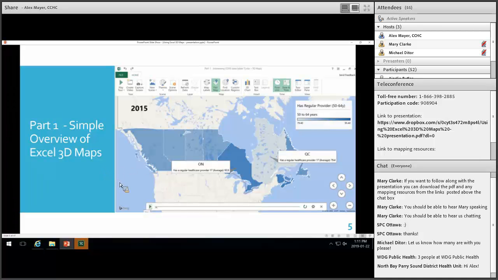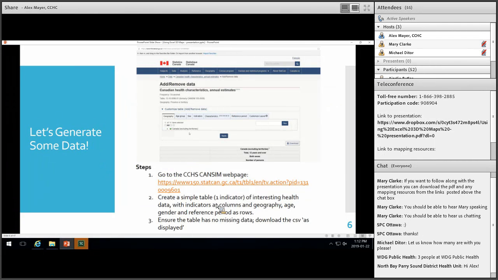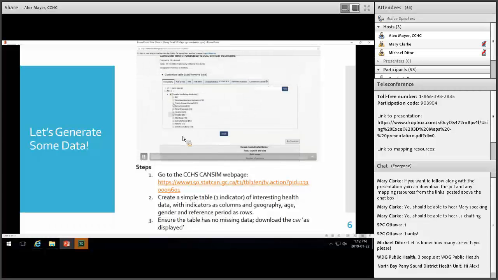All right, so now we'll jump into it. Again, we're going to go step by step. The first step is obviously to go to a data portal and download some data. If you've never used CanSim, basically you just go to this link, and then from there you can specify what geographies you want featured in